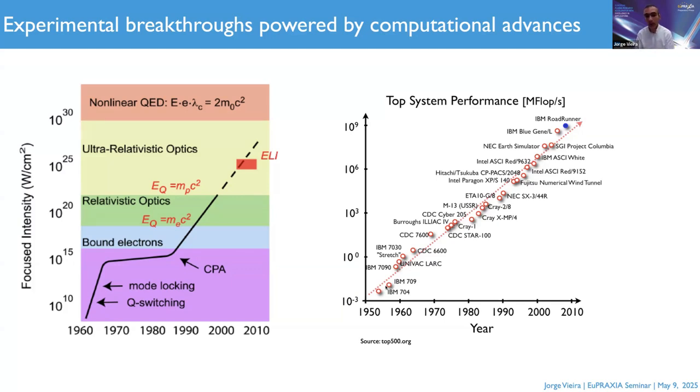And so because of this high computing power, supercomputing power that we now have available, we can exploit it to model the plasma from first principles and predict the outcomes of these plasma accelerators even before the experiment takes place. So computer simulations are faster than building an entire experiment. They are also cheaper. So they work as a virtual laboratory to test new ideas and to design and predict